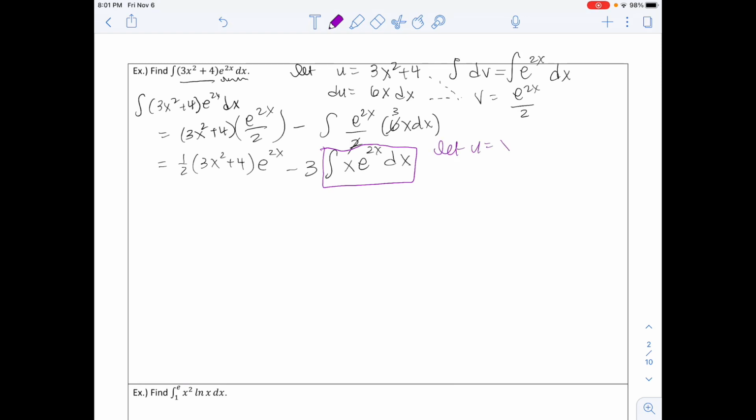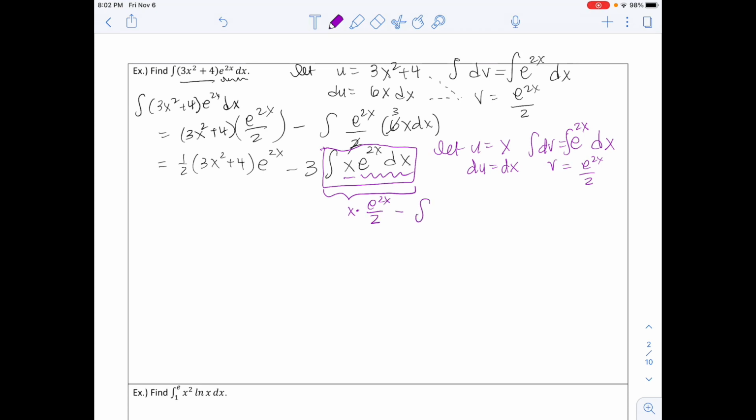So I'm going to let u equal x, and then dv is going to equal e to the 2x dx. So taking a derivative of the left and the right side of the first equation that we have would be du is equal to dx. And then integrating the second equation that we have, we end up with v is equal to e to the 2x divided by 2. So from this little part right here, and we'll deal with the rest of it in just a minute, I'm going to end up with u times v, so x times e to the 2x divided by 2,